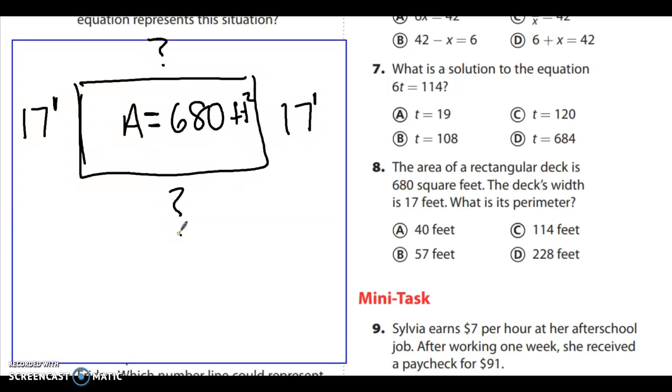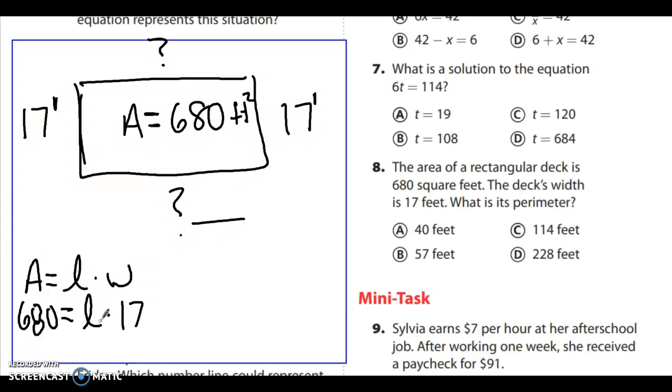So we know the area, and what we're trying to do is figure out the perimeter. So what do I do first? Well, in order to get this unknown down here, this distance right here, I'm going to use the formula that area can be found by doing length times width. And I know the area is 680, and I know the width is 17, and I don't know the length. Well, how do I find the answer to a multiplication problem when I have to work backwards? I divide. So I'm going to divide by 17. I'm going to do 680